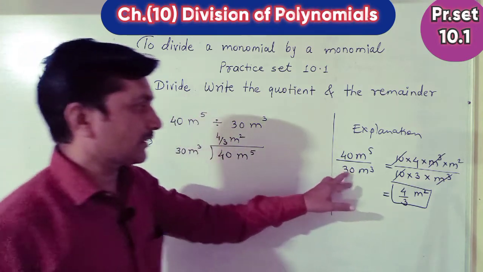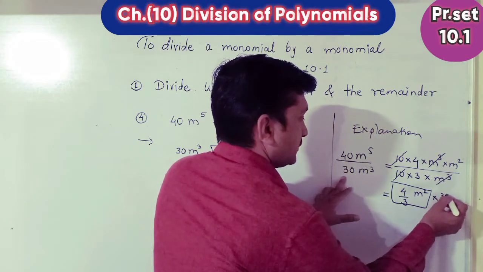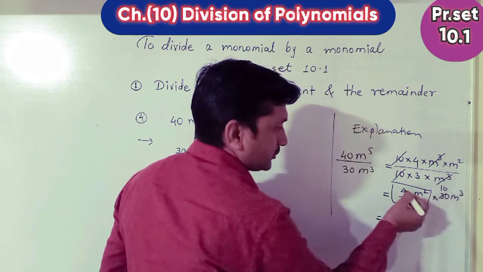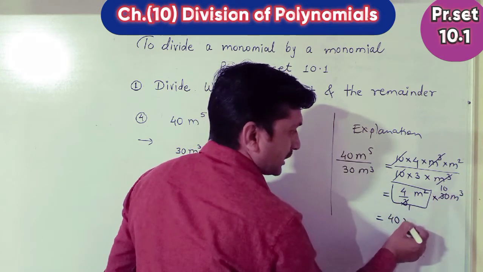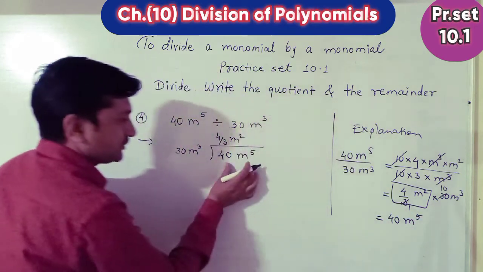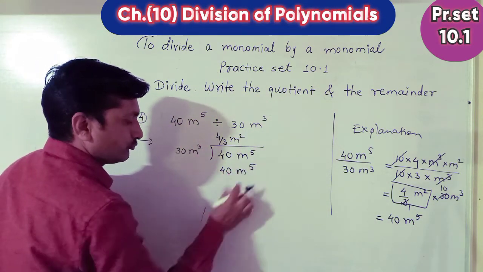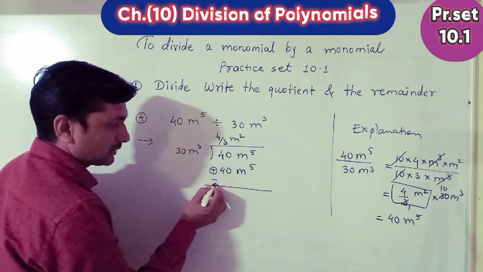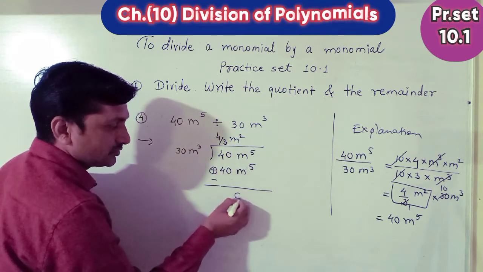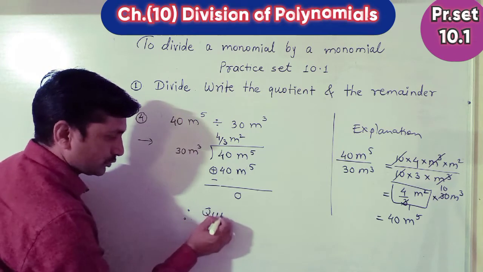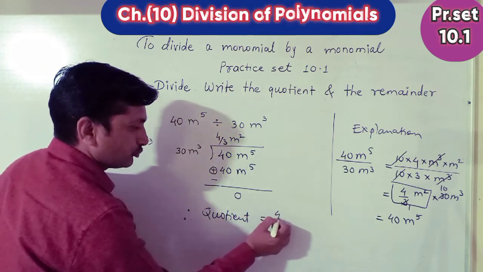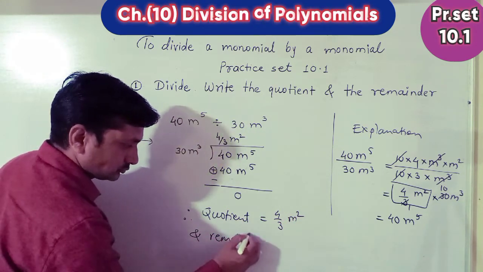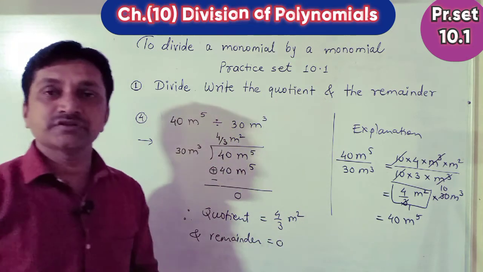This is the first term of quotient. Over here I write 4 upon 3 m square. Now division is over. Now multiply by 30 m cube. Now reduce here, 3 1s are 3, 10s are 30. Now product, 10 4s are 40, m square into m cube, m raised to 5, and this term right here, 40 m raised to 5. Now change the sign of second term. Here is plus, new sign minus. Now here plus, here minus, and these are like terms, 0. Therefore quotient is equal to 4 upon 3 m square and remainder is 0. In this way this division is completed.